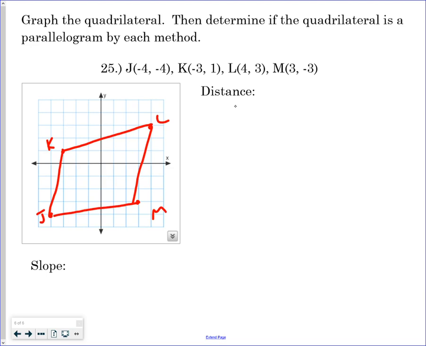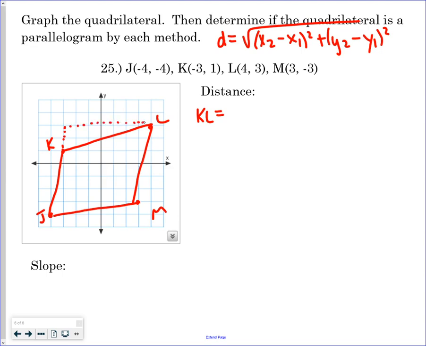So what do you guys want to check first? It doesn't matter. KL and JM? Okay, so let's find KL. If you use the distance formula, here it is. Distance equals square root of x2 minus x1 squared plus y2 minus y1 squared. If you do the Pythagorean theorem trick, right? If we're doing KL,